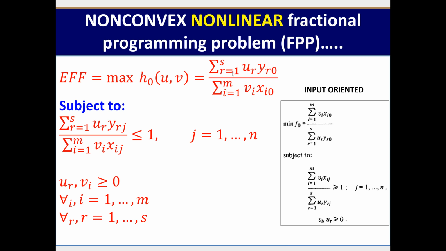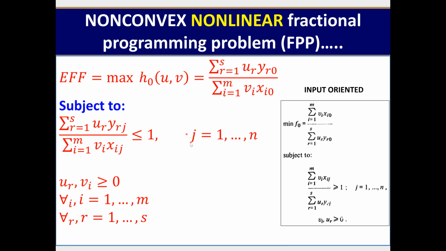And what is the condition? The condition says that if that same ratio for all the firms... remember, I am trying to maximize the efficiency of this particular targeted firm by assigning some weights. If the same weights are applied to all the firms, including even the targeted firm. This time, you see, there was no knot here in the second one under the subject to. There was a J, and we know that J represents all the firms